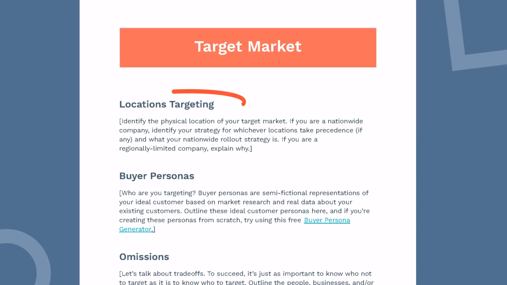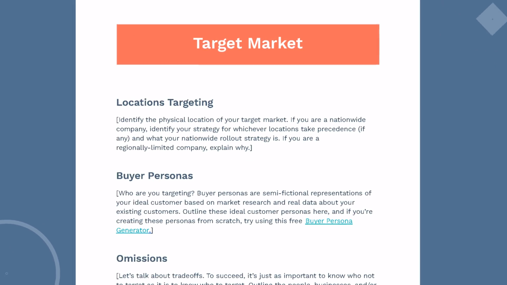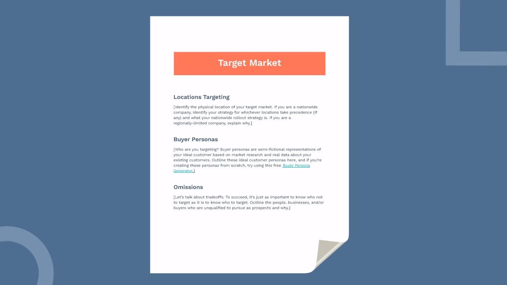Once you've outlined who is doing the selling, there's a similar process to define who your buyers are. Start by highlighting the locations you want to target, as well as buyer personas of who you want to target in these locations. Why is this important? Well, we asked HubSpot Academy sales training professor Kyle Jepson to explain.